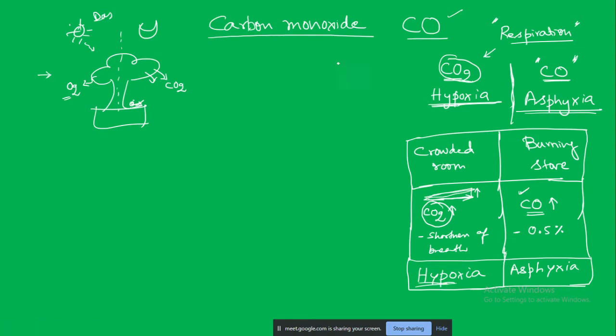So we say that in the case of limited air, carbon monoxide will be formed, and in the case of unlimited air, carbon dioxide will form. Yes, that is correct. Carbon dioxide will be formed when there is a sufficient supply of oxygen, and carbon monoxide will be formed when there is an insufficient supply of oxygen.